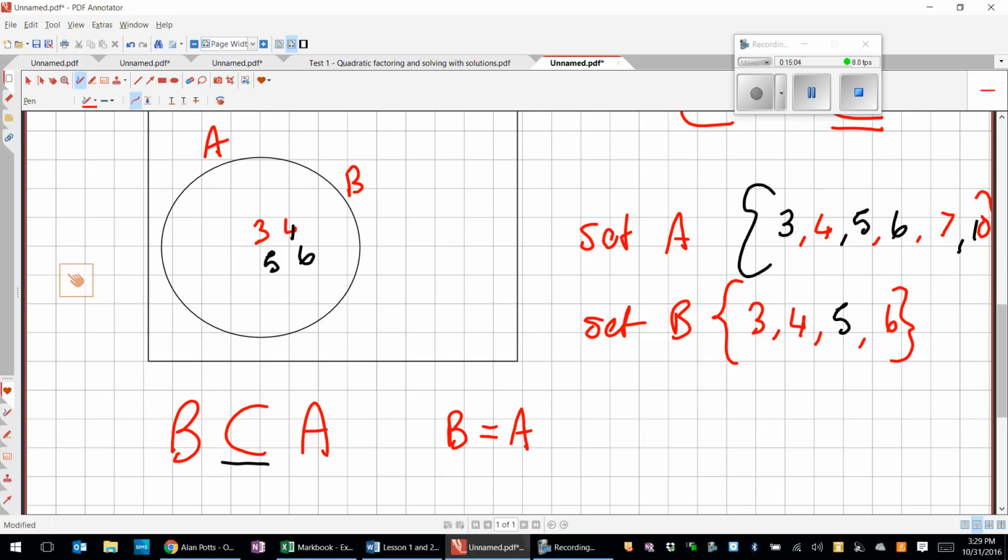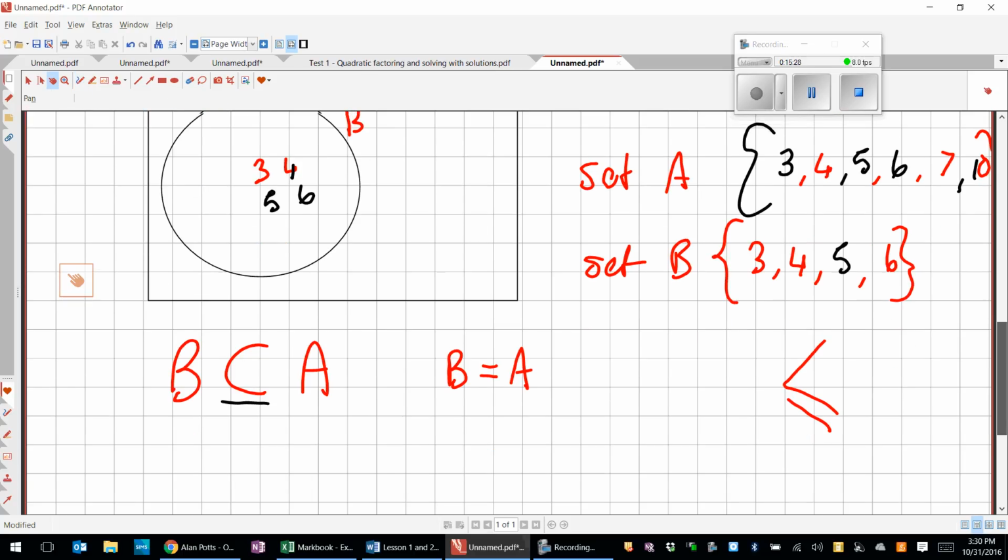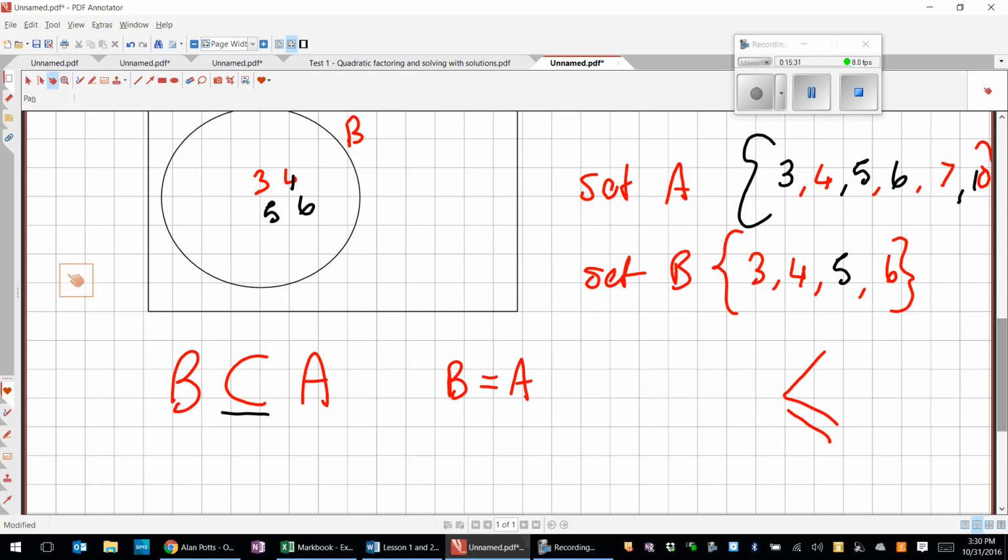So B is a subset of A, where B and A are actually the same thing, and that's where that second line comes in. You've done these before, haven't you? Less than and equal to, yeah. Is a subset and equal to. Makes sense? So if we have the situation though, we say a proper subset, which is what it says, if every element of B is in A, but they're not the same. So this situation, B is a proper subset,